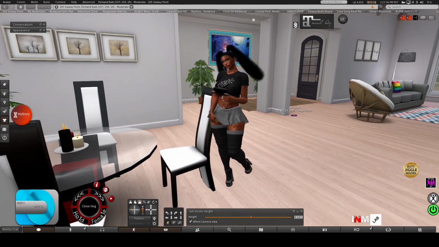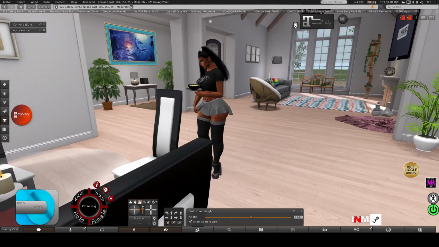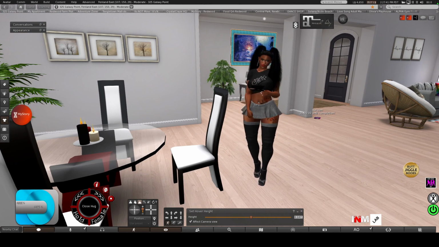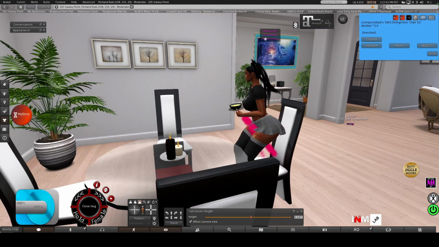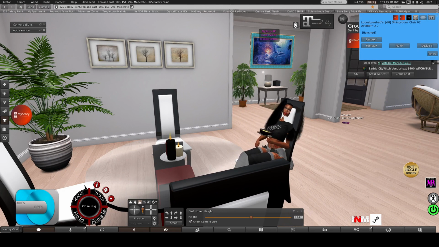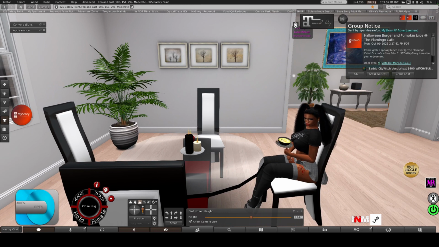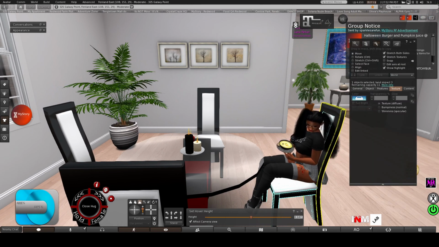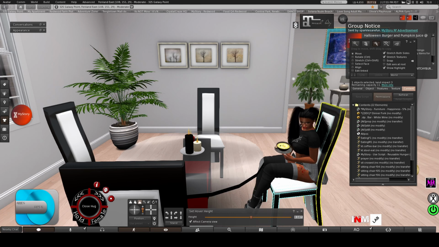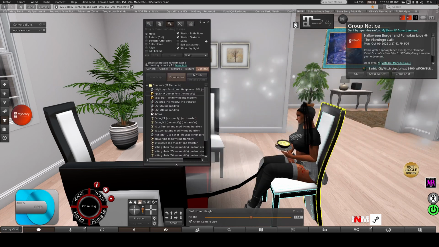All right, turning around to my dining room. I can set food out and whatnot on the table, but one thing that I do is if I want to sit down and eat and actually get some use of My Story, I have put some of the scripts in my chairs. You have to make sure that you have access to edit. So I right click, edit, and then I go over to content. I have used my story furniture scripts